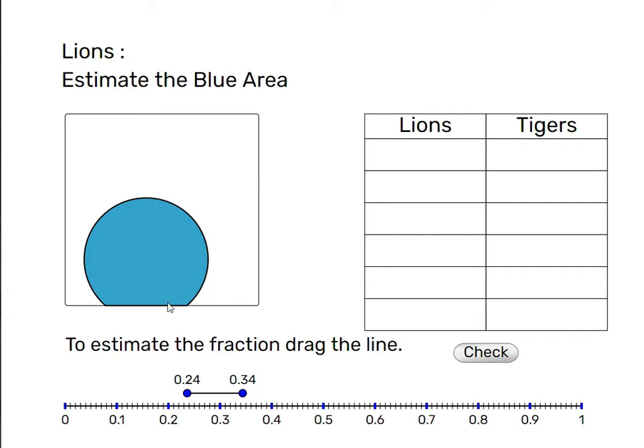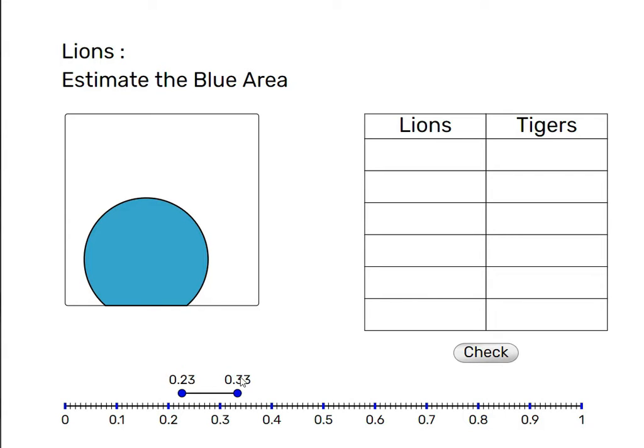this, and to say that it seems that the blue area is about the same area as this quarter. The student will now express this estimation by dragging this bar so that the correct answer is under the black line. So we can drag it, for example, here, because the quarter is 0.25. So we want the 0.25 to be in the middle of the range.